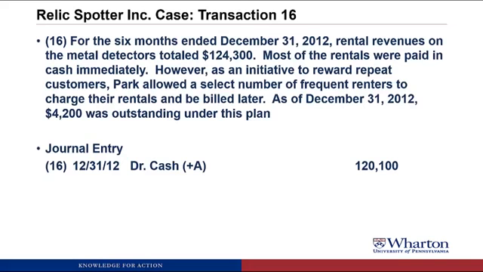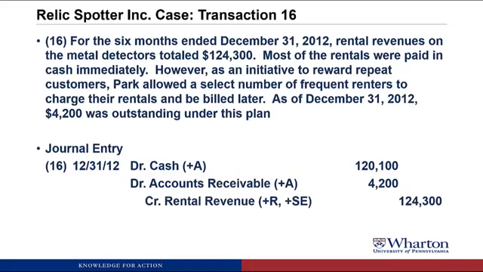We also have these accounts receivable, which are an asset. We make assets go up through a debit, so we debit accounts receivable $4,200. Remember, we always use the term accounts receivable for money owed to us by customers based on providing them goods or services in the past. Now we're looking for the credit part of the journal entry, and what we have left to do is record the rental revenue. Revenue accounts are credit balance accounts, so to increase revenue, we credit rental revenue, which increases revenue and increases stockholders' equity by